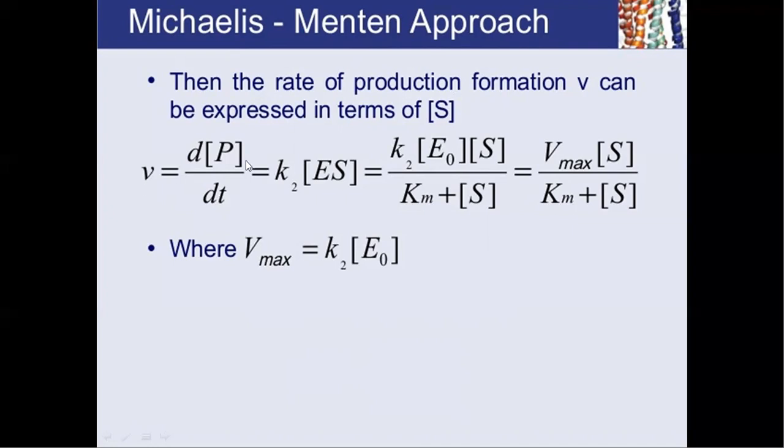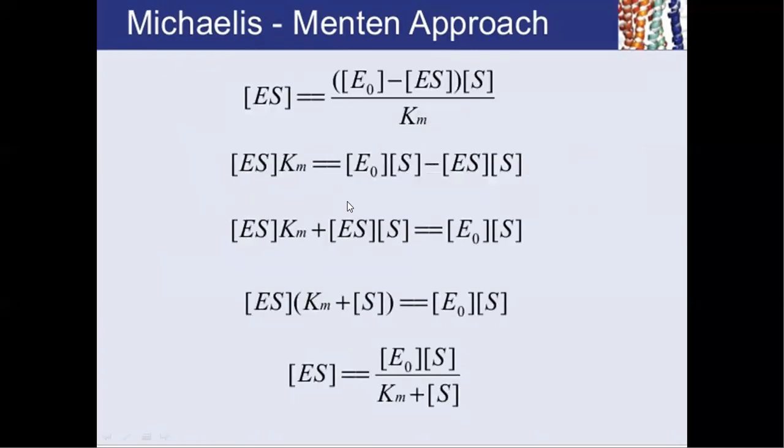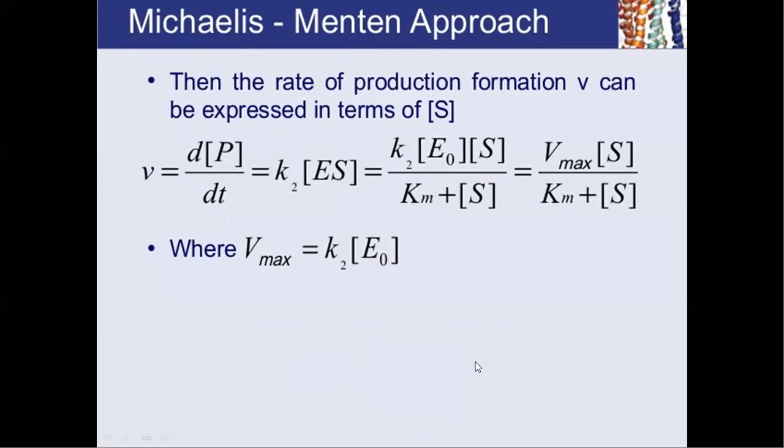So here V is finally equal to K2 into ES, according to the law of mass action. Why? Because K2 depends upon the concentration of the ES complex. Now the ES value that we got previously, we are substituting here. So this is the ES value. Substituting this value, we form this equation: K2 into E naught into S divided